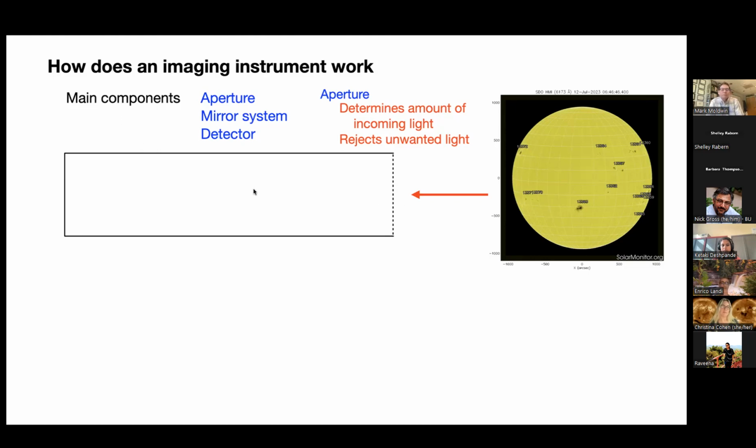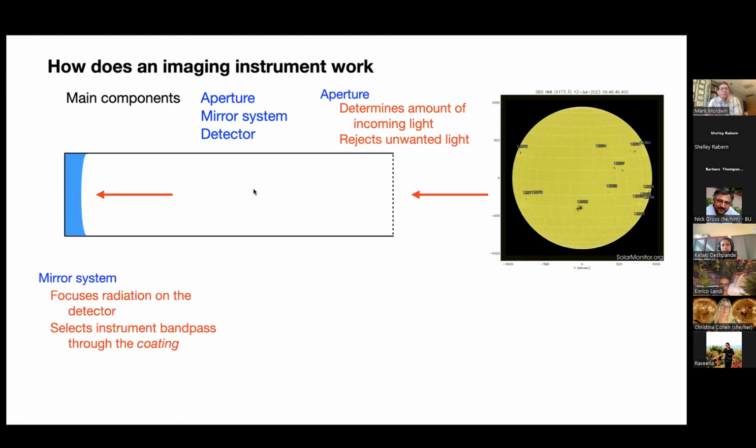Then once the light gets in, at least the light that you let inside the instrument, the mirror system is the thing that the light encounters. This can be done with mirrors or lenses in other types of instruments. But essentially, the mirror system also has two different objectives. First of all, it has to build the image of the sun in the focal plane where you eventually put the detector. And so it needs to be done as well as you can in order to have a nice image. And second, through the coating that you put on the mirror surface,